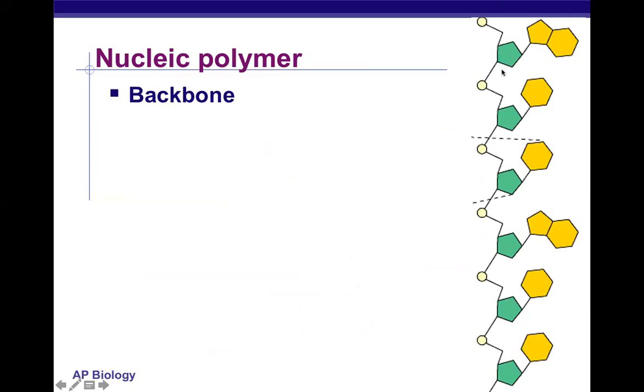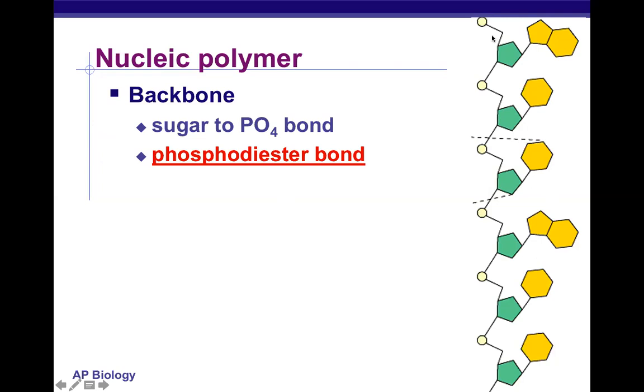So, ito yung backbone niya, itong kulay green. And attached to this backbone are your nitrogenous bases. Syempre, ito ay double ring, so ito ay purine, pyrimidine, purine, purine, pyrimidine, purine, purine. Okay? So, the sugar is always attached to your phosphate through what we call as